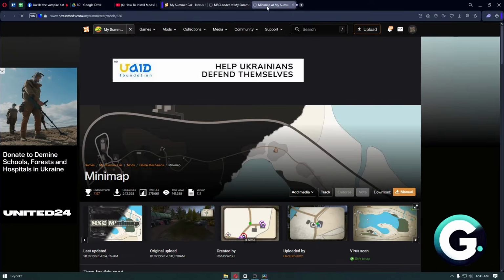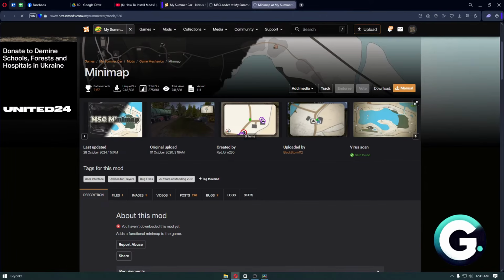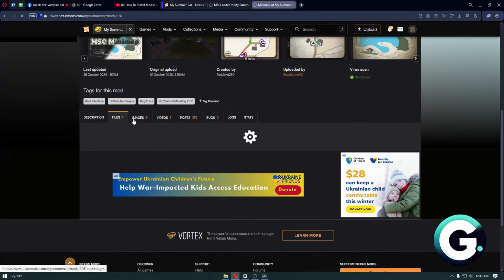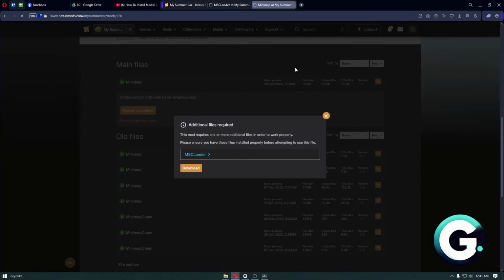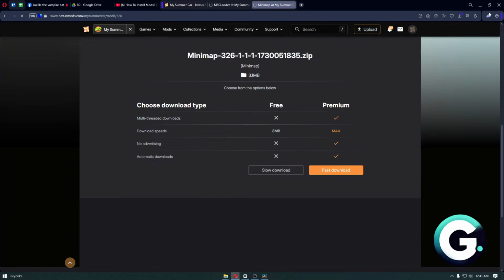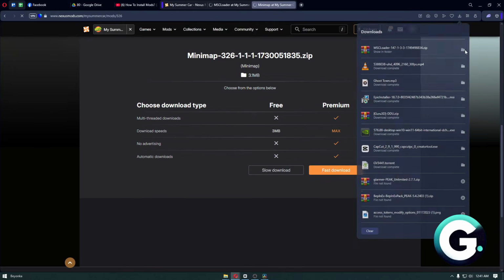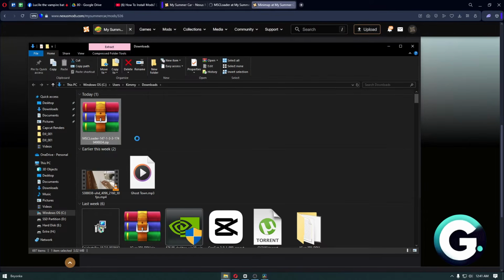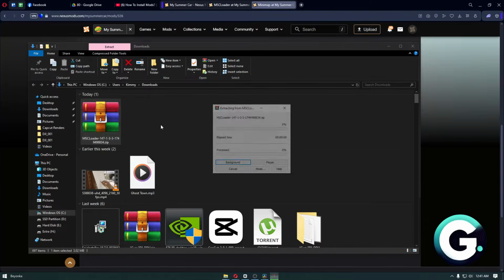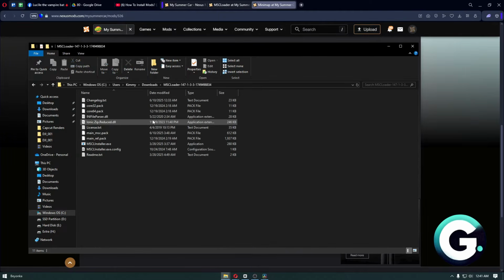Now, while we're downloading this file, I'm also going to grab another mod called Minimap. So I'll just click on the manual download once more. And as you can see, most of these files will require the MSC Loader. So right after downloading the file, you can just go ahead and extract it to a folder, open it up,